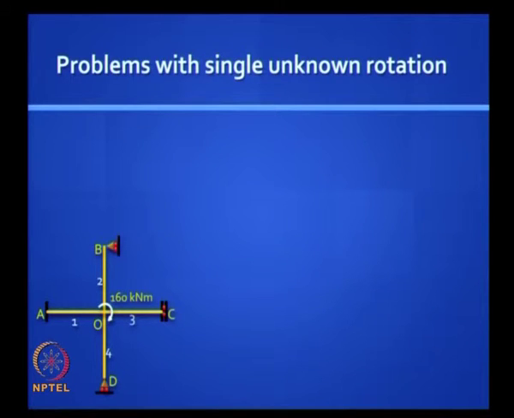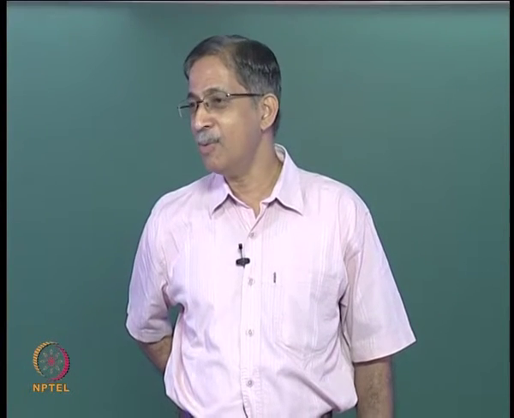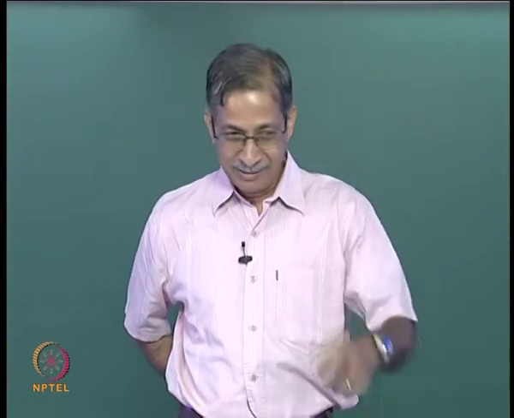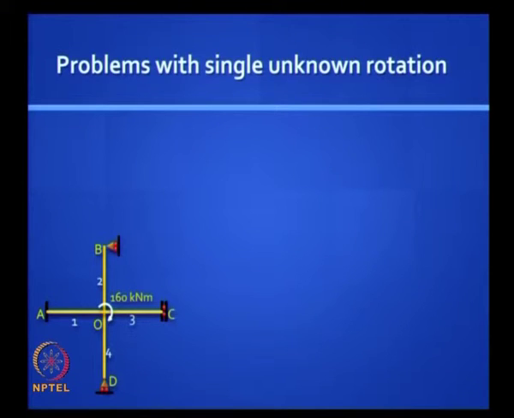This is like giving a project to a team of 4 students. All will get the same total marks, which is the same rotation, but one will end up doing more work than the others, and there will be one guy who will just hang around and reap the benefit, like this element 4, which is not going to resist at all. The stiffer elements will attract more load, right? But they all get the same result because it's one team. That's what's happening here. It's depicting a law of nature.